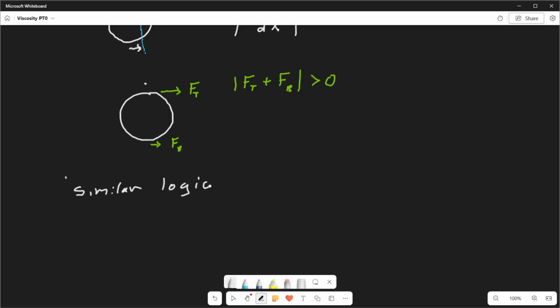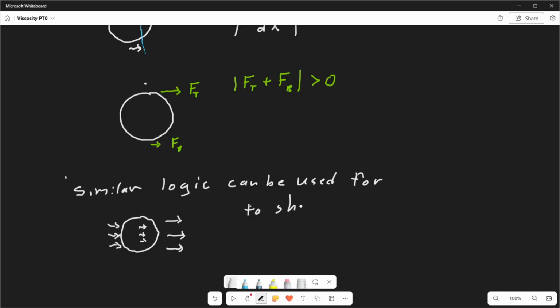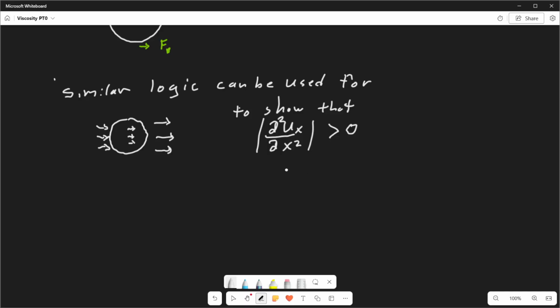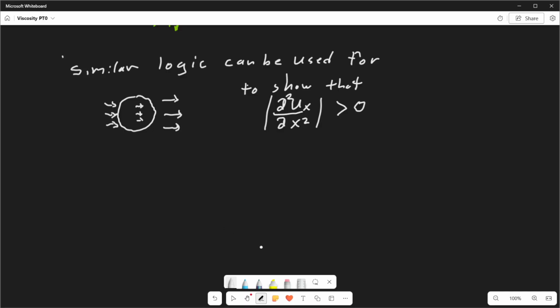Logic can be used for this case where you actually have a viscosity where there's a kind of stretching difference, which is to show that Ux is greater than 0 for certain types if there's a magnitude change in the Ux. So in that case,